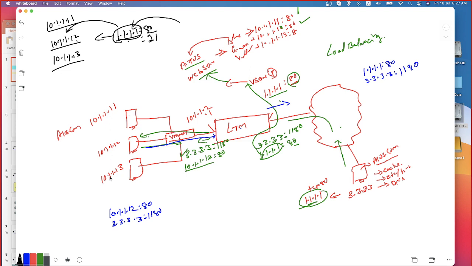We have multiple internal servers. All of them are offering the same service to the requesting clients. But the difference is what? The LTM takes the responsibility of identifying one of the members who is going to be processing this request. According to the chosen server, the destination IP address is going to be translated. So basically what LTM has to do is interfere between the client and the actual server who is going to be responding. Based on the server chosen, certain details are going to be modified. You understand what I'm saying?